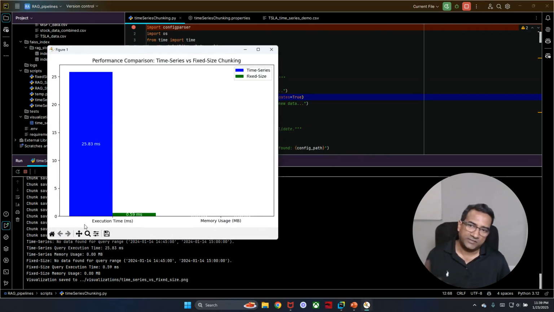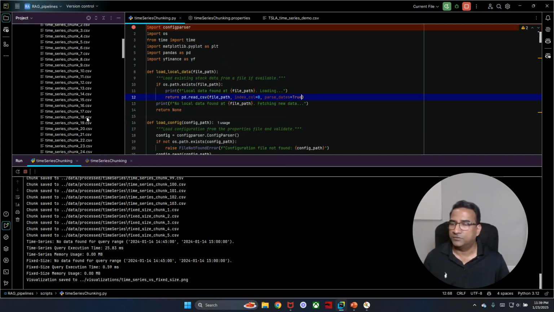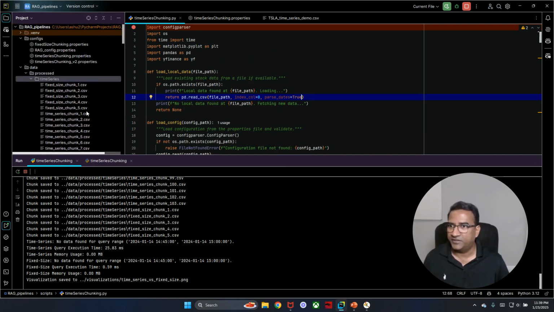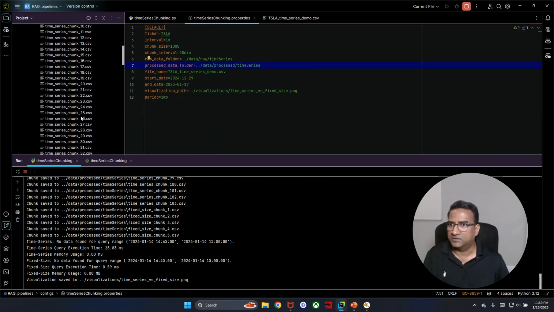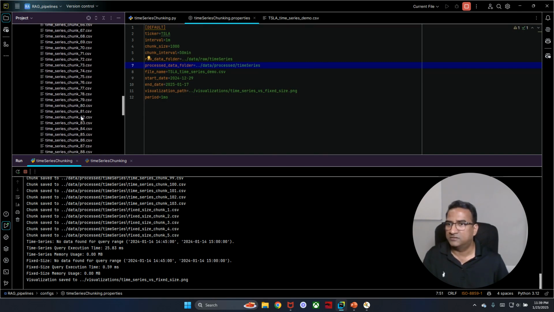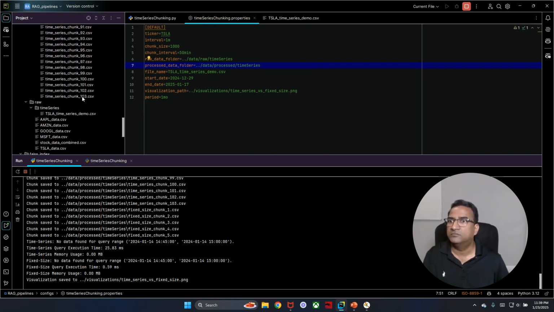Okay, so you can see that the chunks have been created. Execution time is reflecting here. Memory is again 0. And let's go to the number of chunks that is updated here quickly. Fixed size is still 5 because we are still at 1000. But here in time series, let us see, 103. That is expected because we have changed the chunk interval to 50